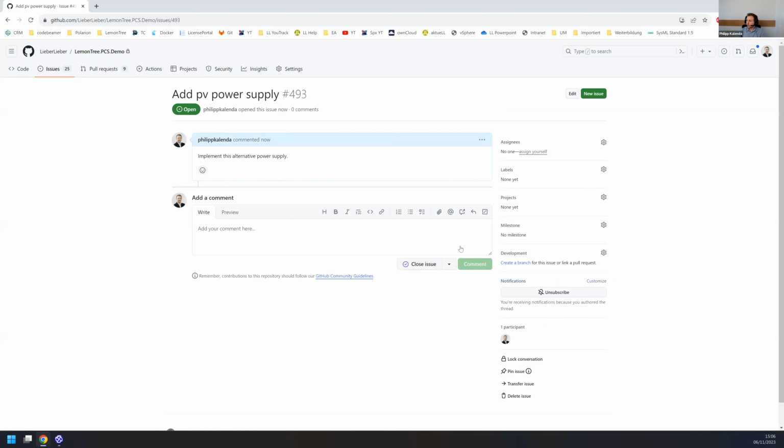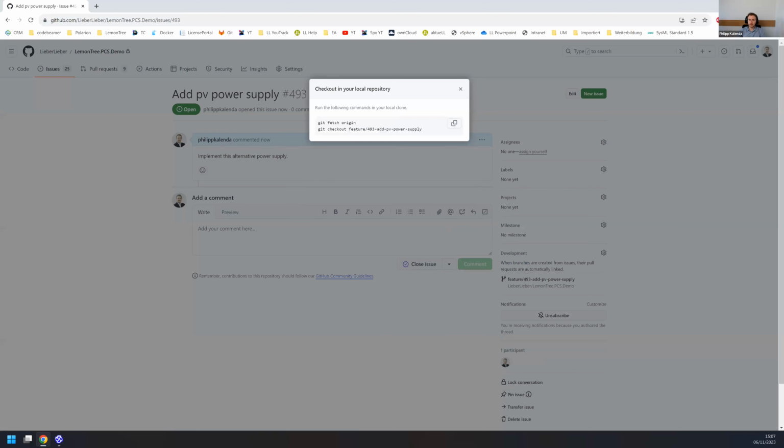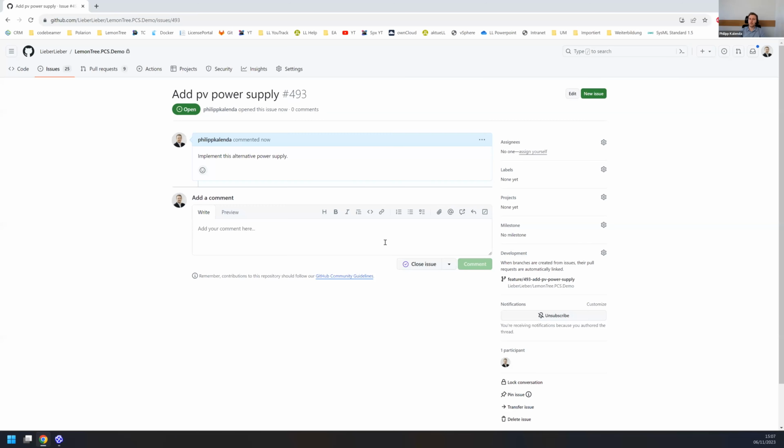And in order to do this, I won't do this in the main branch because other people might be working on this. And maybe if this issue is not worth putting back into the main line, I can easily get rid of the branch. So what I will do is create a branch in order to work on this. This is a so-called feature branch. Everything I do here is done in a separate development branch, which is called a feature branch. And here I will perform my changes. Now the branch is created in GitHub, and I have my starting point